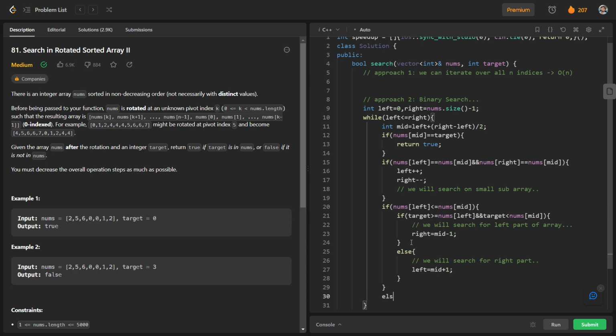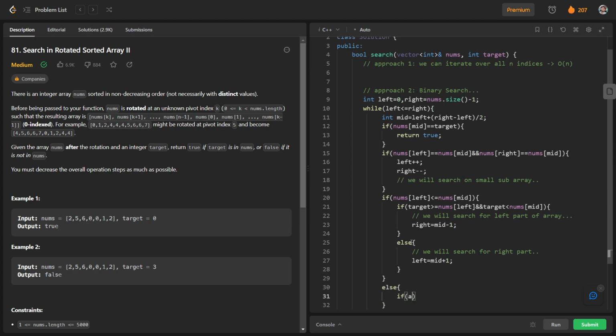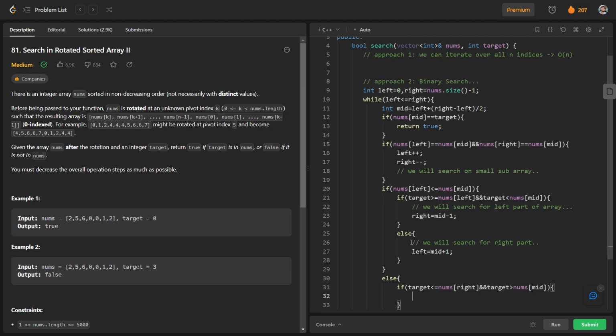And here in all other cases, if target is less than nums of right and target is greater than nums of mid, so in this case we will just search for the right part.